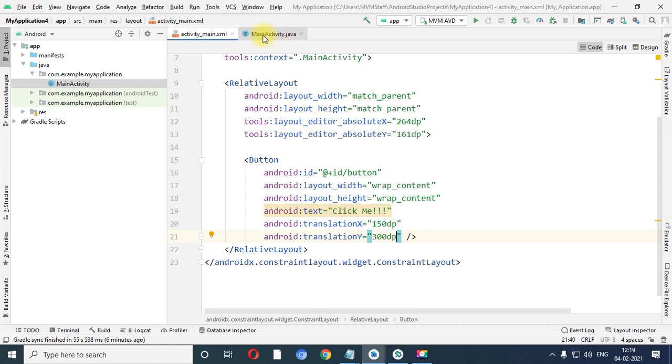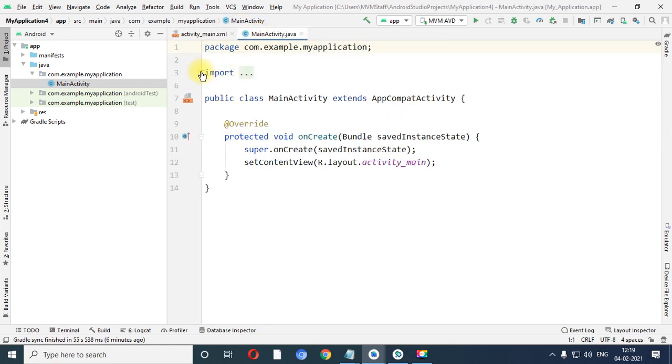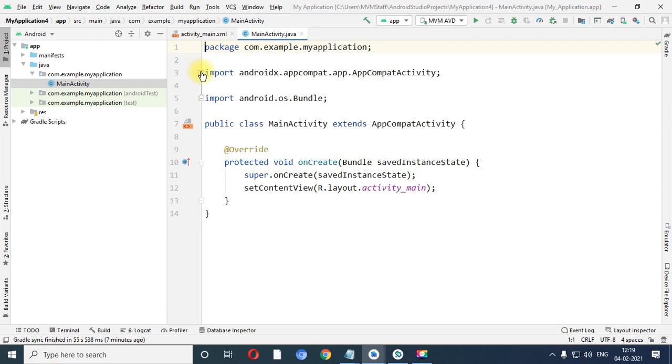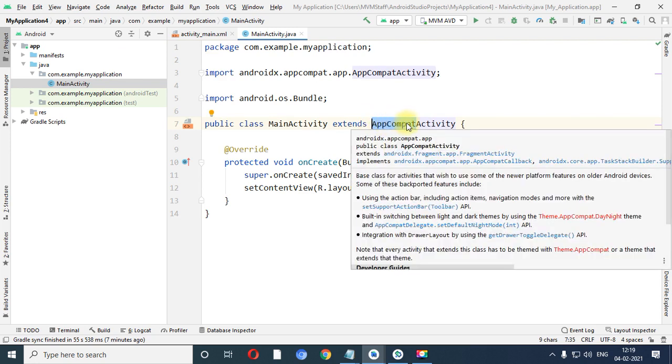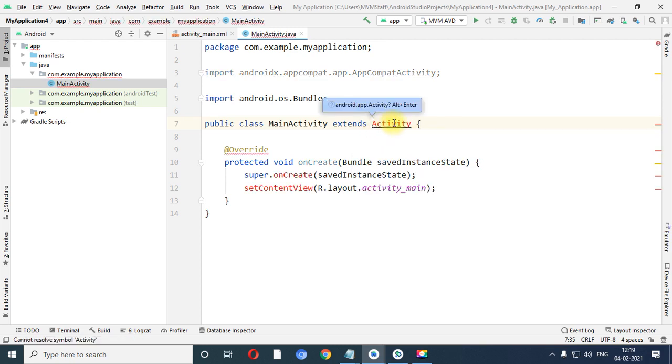Now let us switch into the MainActivity.java file. What is our first step when you create an Android application? I want to use Activity as a base class, so you need to remove AppCompatActivity from the list. So I removed it, and over here I extend Activity as a base class. So definitely you will get an error. Why? Because we need to import classes which are based on the Activity base class.